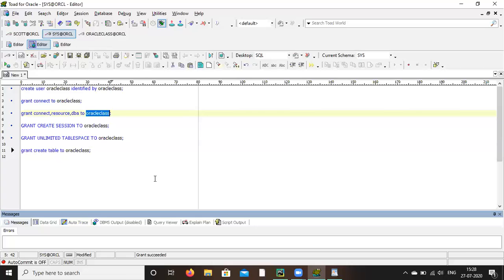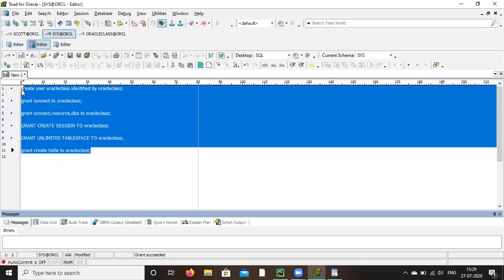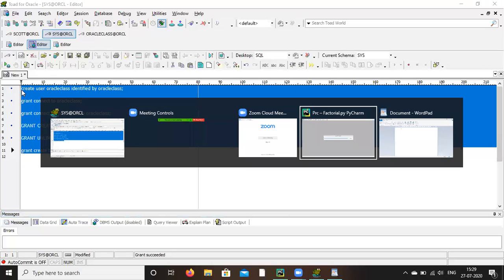So these are the 2-3 grants you have to give by default. Okay, save it. Does anyone have any doubt till now? No, sir.